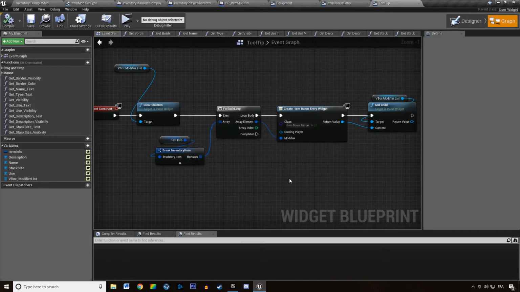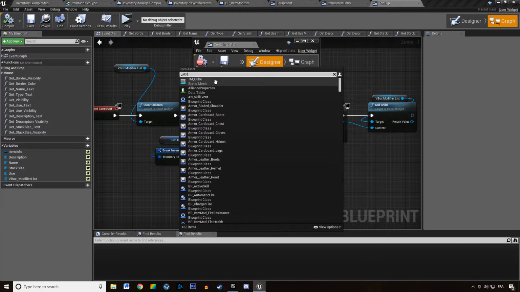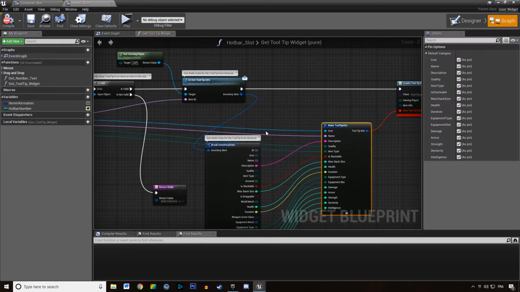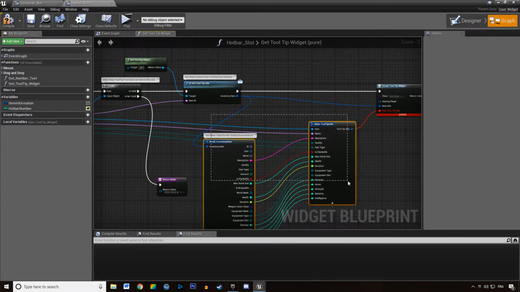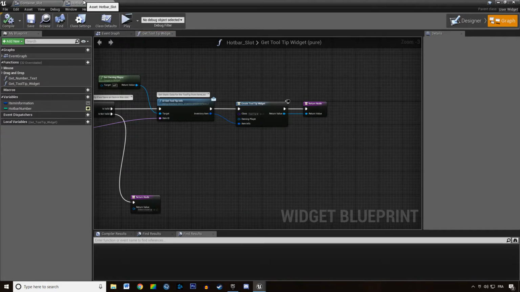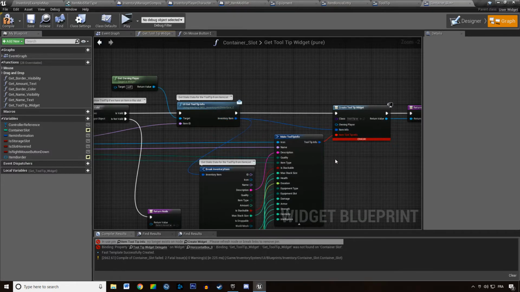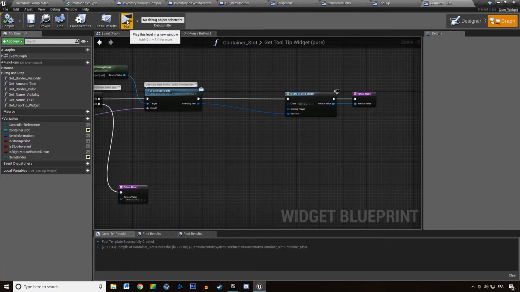If we hit play, container slot, hotbar slot, I'm sure we just need to... Oh, we have an error there. We can just drag and drop this here and remove this and compile. It's going to be fine. And in there, what's the matter if we hit compile? Yep, same thing. We can drag and drop this here, get rid of this and that, and compile. So if we hit play,